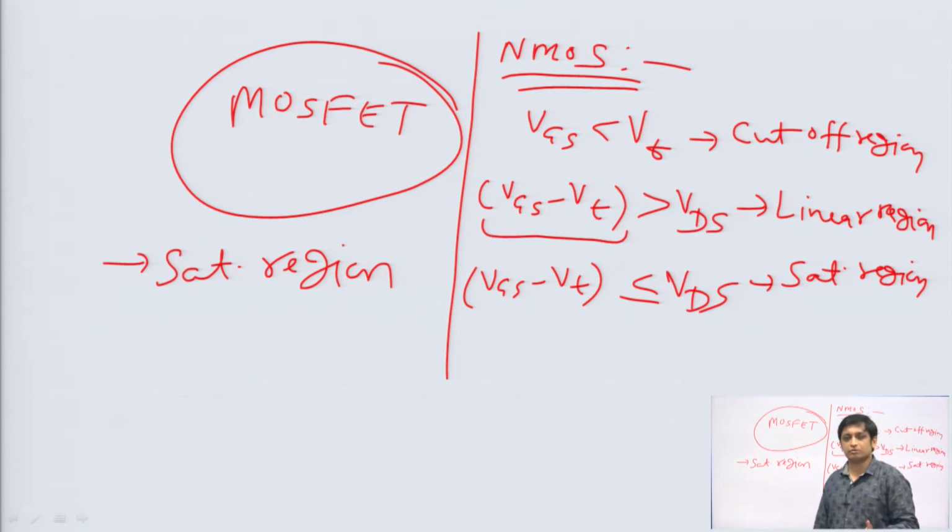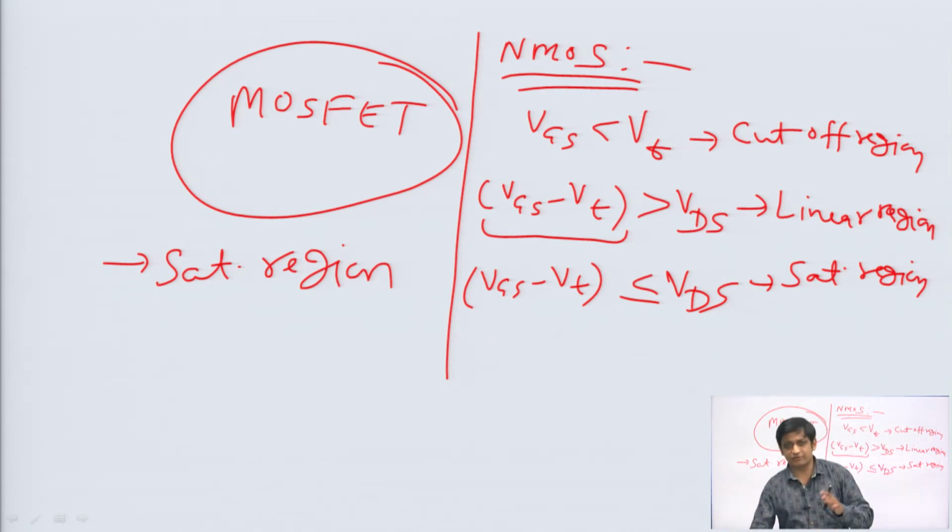So, what do we have to do? Once we come to know that the MOSFET is in linear, then do the calculation again, applying the drain current equation for linear region of the MOSFET. If after the calculation we are getting VDS greater than VGS minus VT, then it is fine, our assumption was right. But first of all, try to find out the region of operation from the circuit itself. It will be better, because if we are very clear about the region of operation, then we can use the drain current equation in a better way.